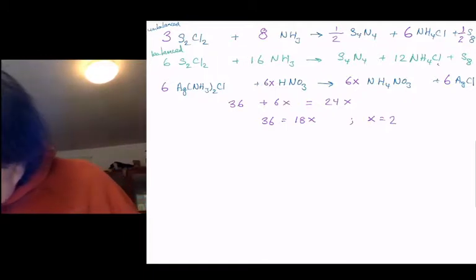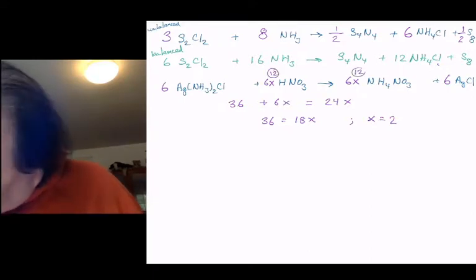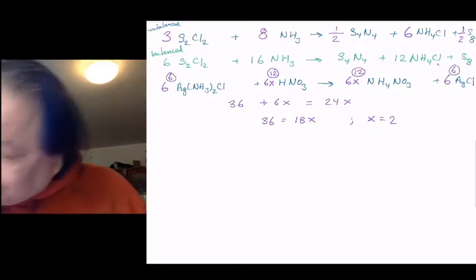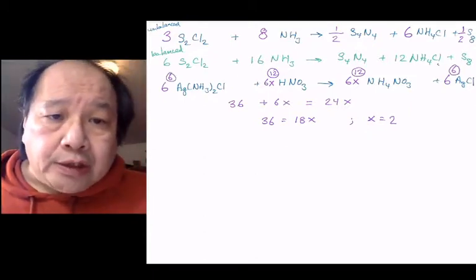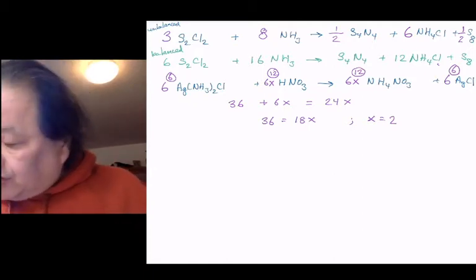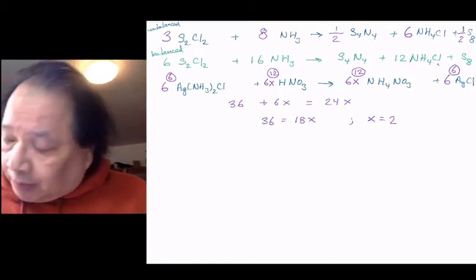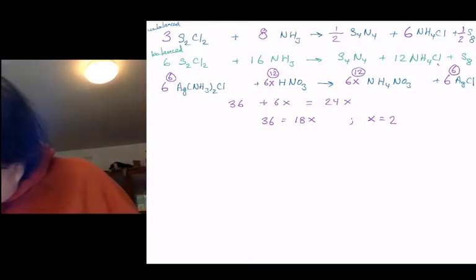And I'll just put the new values up here. x is 2, so this is 12. And this one is 12. This one doesn't change. It's 6 because there's no x. So these are in circles. And now, remember what I said, that we need to get rid of all common factors. What's the common factor of 6, 12, 12, and 6? The common factor is 6. So we get rid of that, and we're going to get